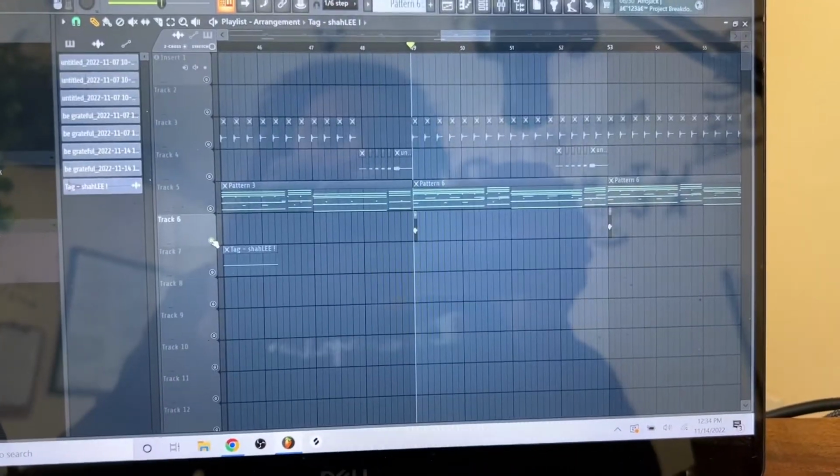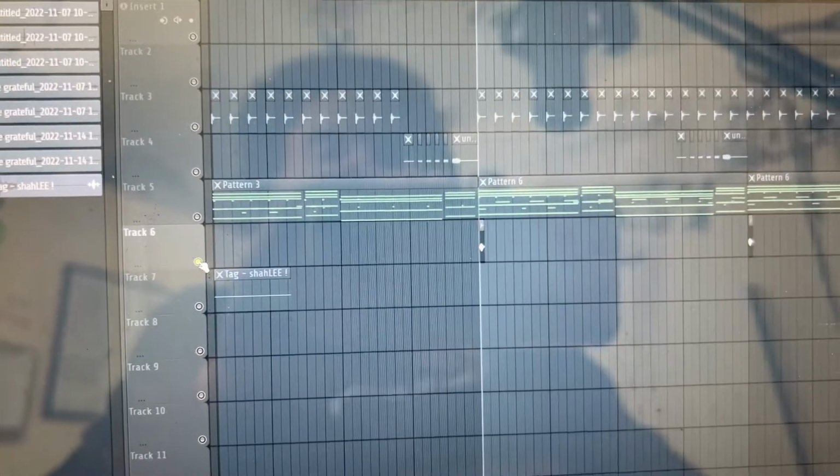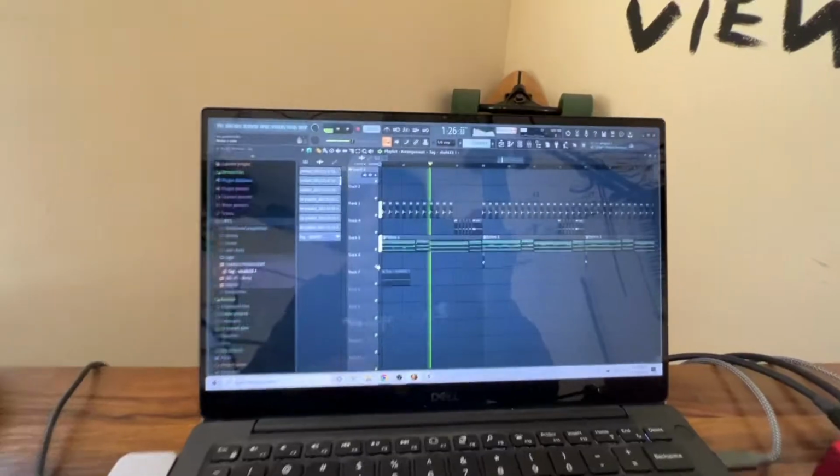And last but not least, I added this little mouth effect where I went, and then I added this little delay on it just so it hits on the ones and it makes the drops harder. So then in context,